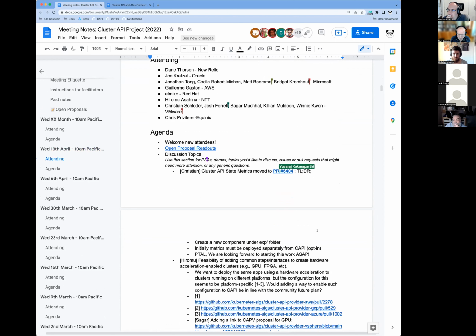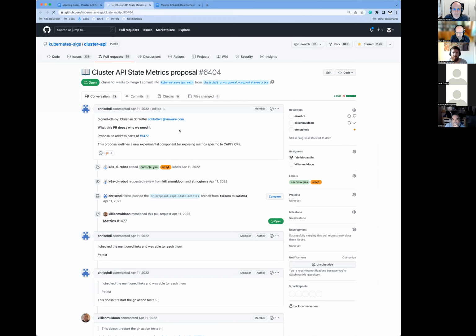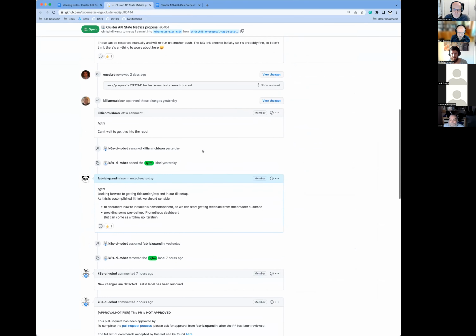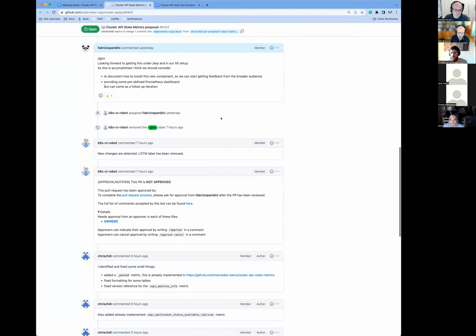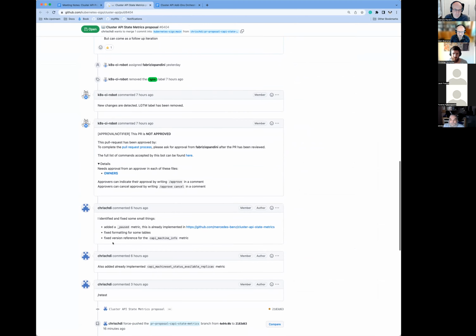And initially, we want to implement it using an opt-in mechanism, so being able to enable it using the Tilt configuration, like we're doing for Prometheus or the logging extension. We will also have to figure out where to push the new image to and so on.